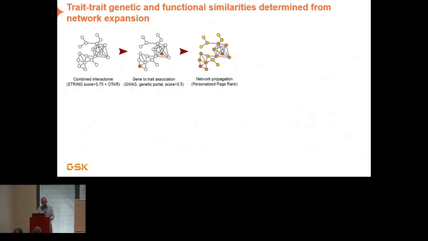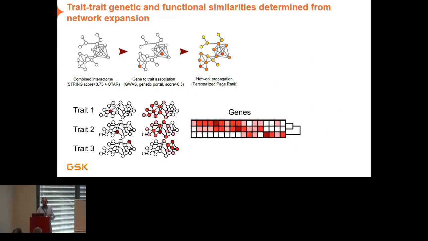If you look at some of these networks, you can have different traits coming from the GWAS, and you can ask questions, using the network propagation, for example: what are the similarities between different traits? Using a pairwise similarity approach, you can do some hierarchical clustering and start to build the relationships between those diseases, and that can tell us maybe what the functional similarities between diseases are.